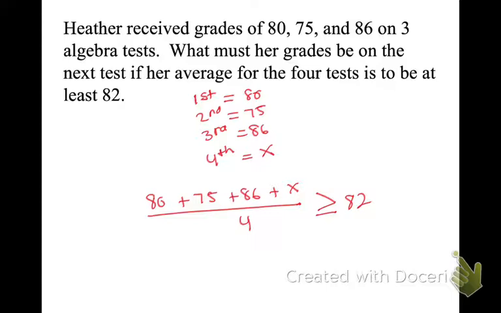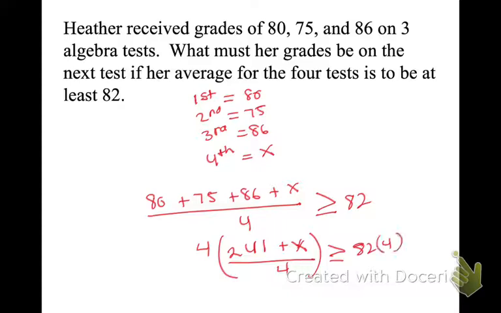Okay, that's 241 plus X all over 4 is greater than or equal to 82. So we've got to get that 4 out of the denominator, and I'm going to multiply both sides by 4. That cancels, so I'm left with 241 plus X is greater than or equal to,